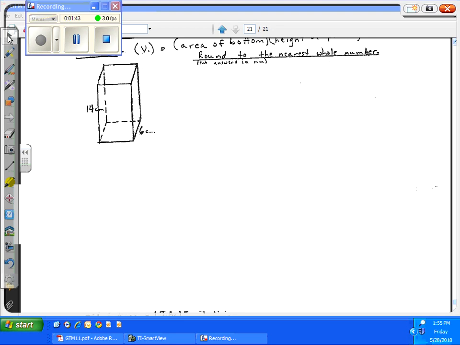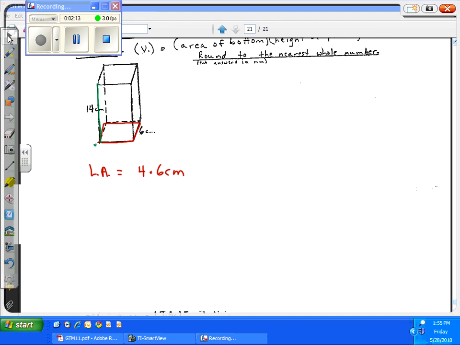So for lateral area is perimeter of bottom times height of prism. Well, the bottom is a square, and the formula for the perimeter of a square is 4 times the length of a side. So if we go 4 times 6 centimeters, we would get the perimeter of the bottom. If we take the perimeter of the bottom times the height,